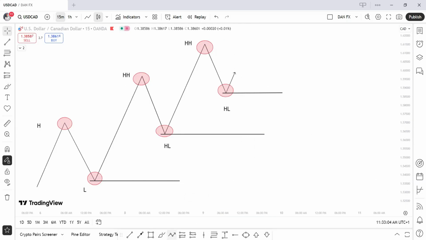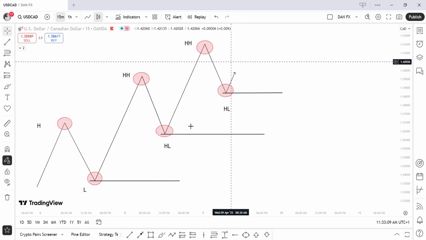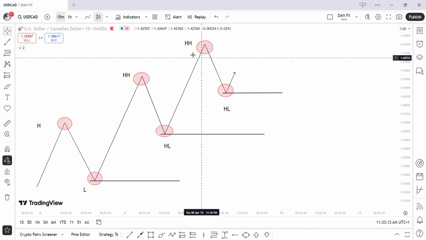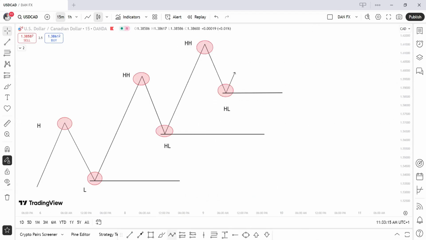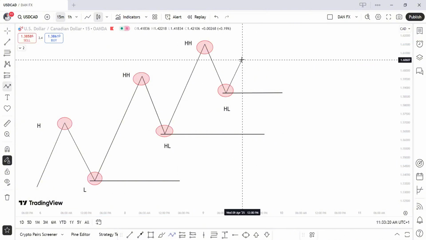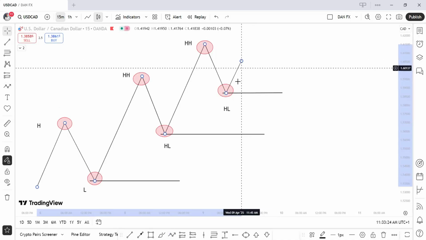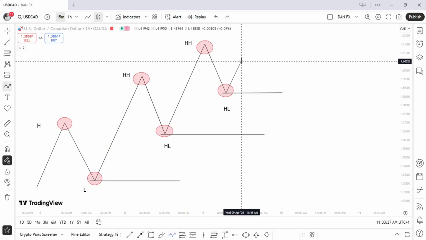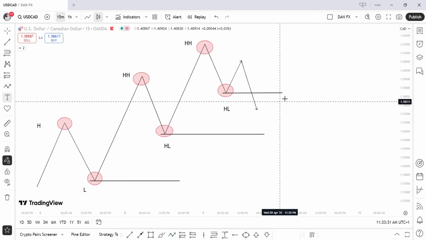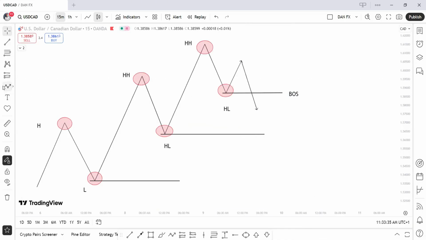Or change in character. As we can see here, let's say as price is going up, then price fails to break this high and give us a higher high, right? And instead, what it does is it gives us a lower high like this, and then comes and breaks this area. So this is going to be our BOS, which is our break of structure, because price has now broken the structure